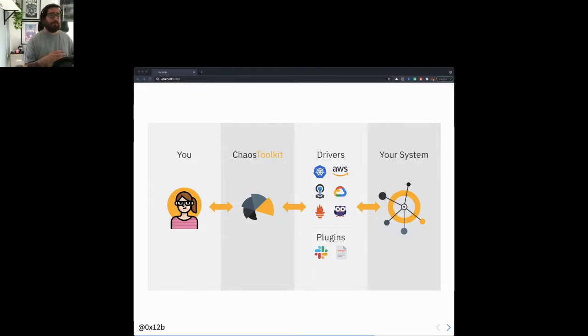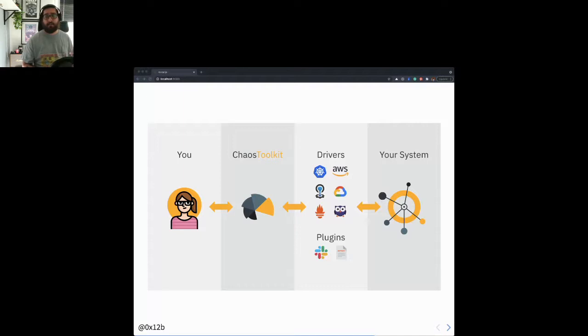And how will this work in practice then? Well, you as the tester, or the scientist, if you will, that's probably a funnier way to think about it, design an experiment based on a hypothesis, as we said, and then utilizing drivers that are available in Chaos Toolkit, we'll be able to connect to our resources and inject different kinds of failure into our system to make sure that the degradation stays within the bounds that we've defined.